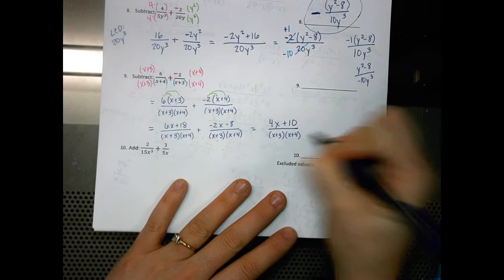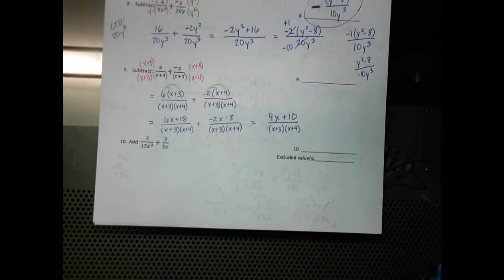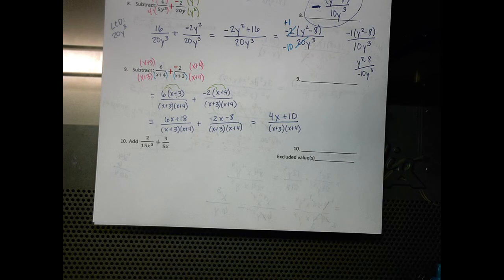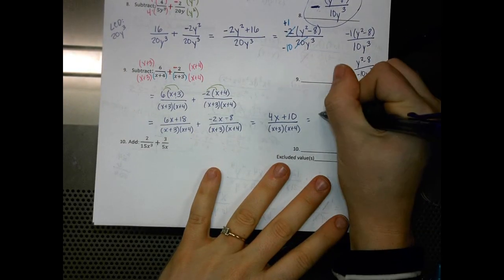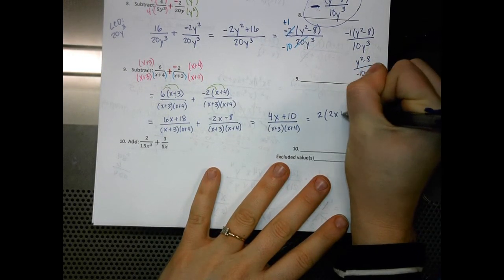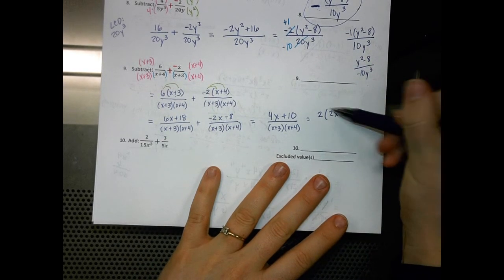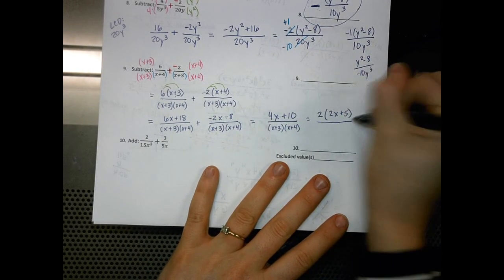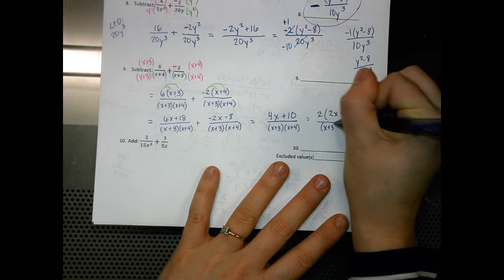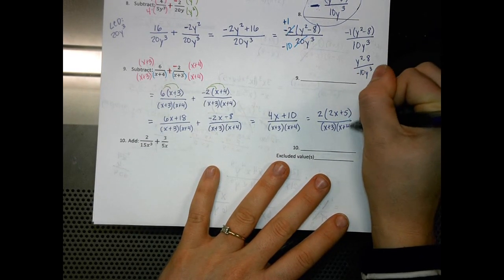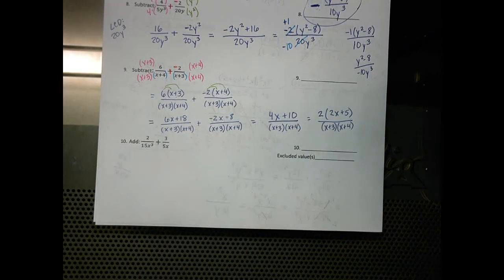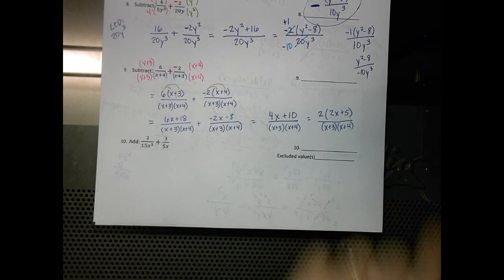Okay, at this point, you need to check to see if we can simplify more. How do we simplify? Greatest common factor, which is 2, and I'm left with 2x plus 5, because if I were to distribute, I get to 4x plus 10. Do any factors match in my numerator and denominator? No. So you actually cannot simplify this one more, but you wouldn't be able to tell that unless you factored